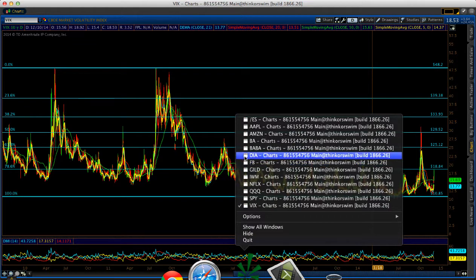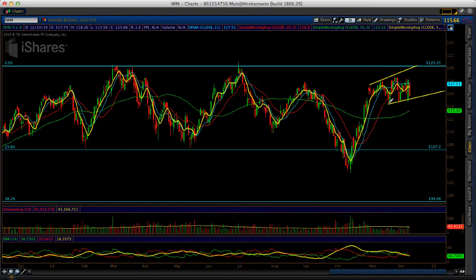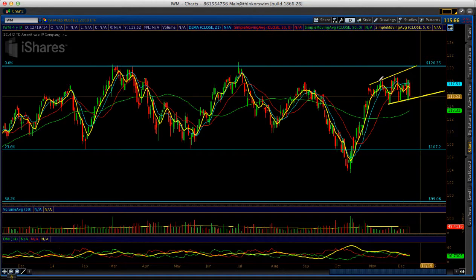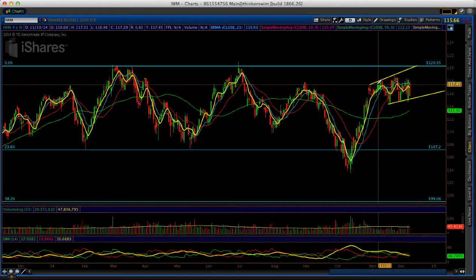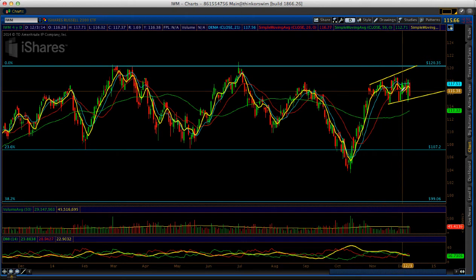And I think that's what's going to happen. Now, if we go to the iShares Russell, it's still inside this megaphone and is holding this support. Usually when the Russell is trending down, it's weakness. It should show weakness, but it's not showing weakness. It's just moving sideways. That calls my attention that something is going to happen, and we're going to have a rally to the top again.